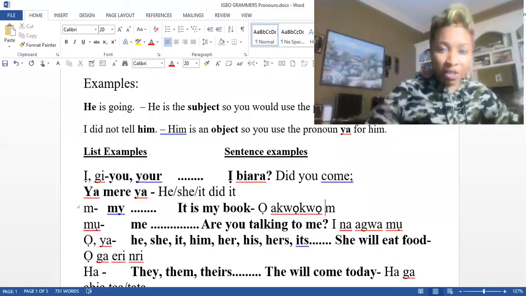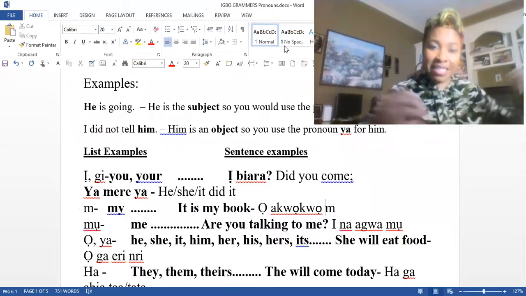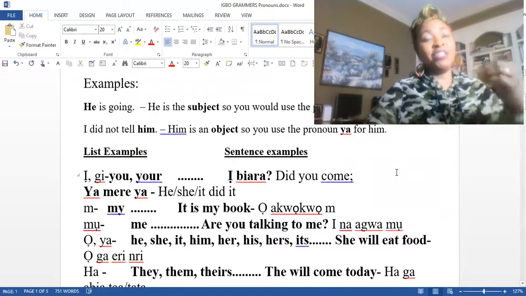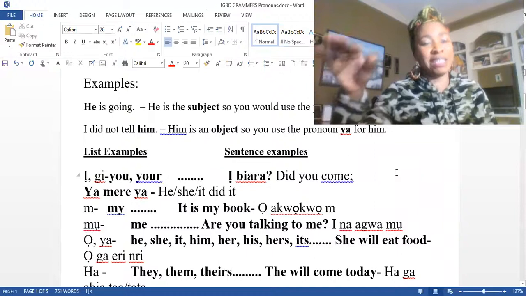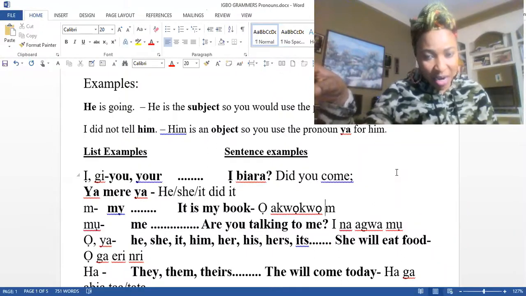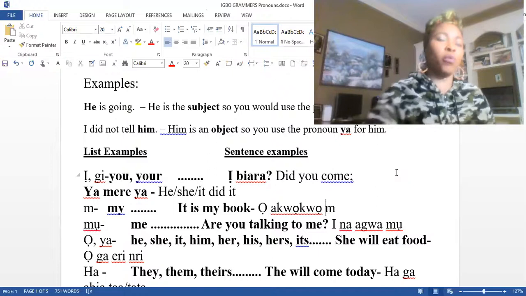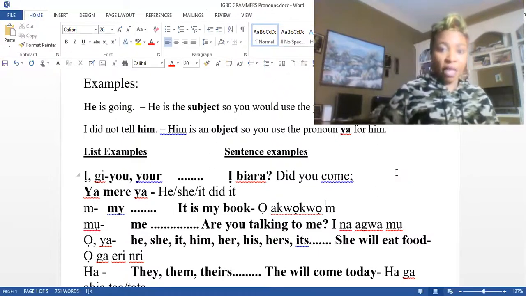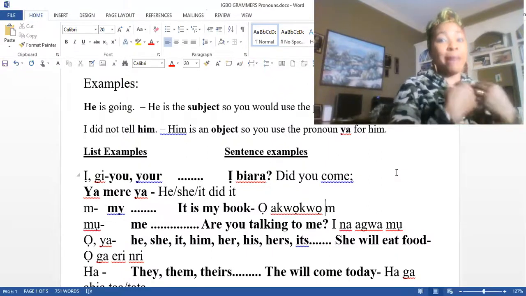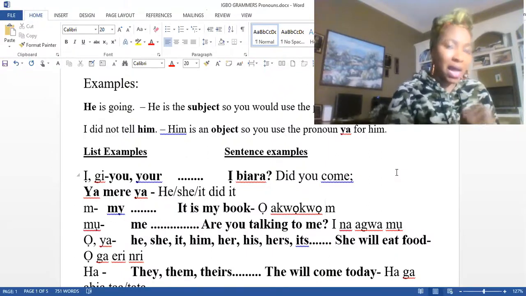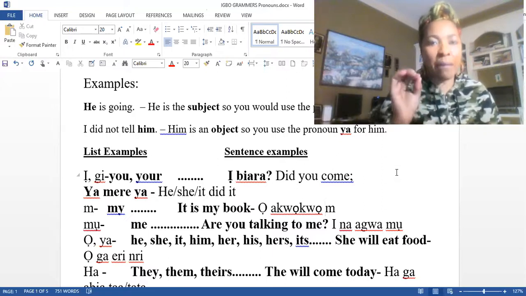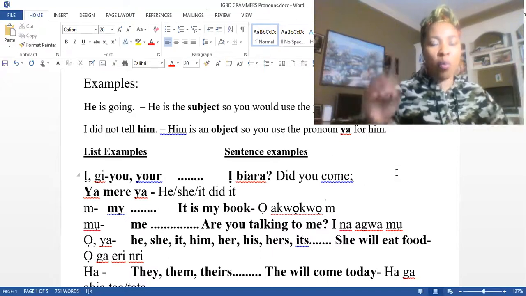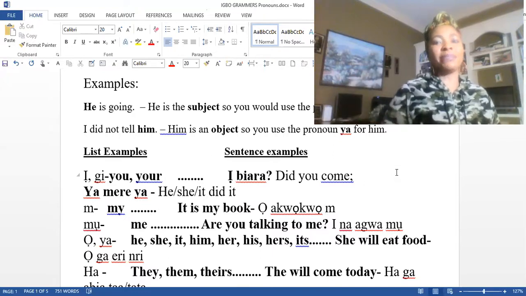Okay, so, but when you're making a sentence, for example, if you want to say, this is my bag, and then you didn't put the M, it's purely, this is a bag. Okay, but you have to make sure that what you're saying in English, that you're putting it down correctly in Igbo. So it is my bag. Bag means apa. Book means akwụkwọ.